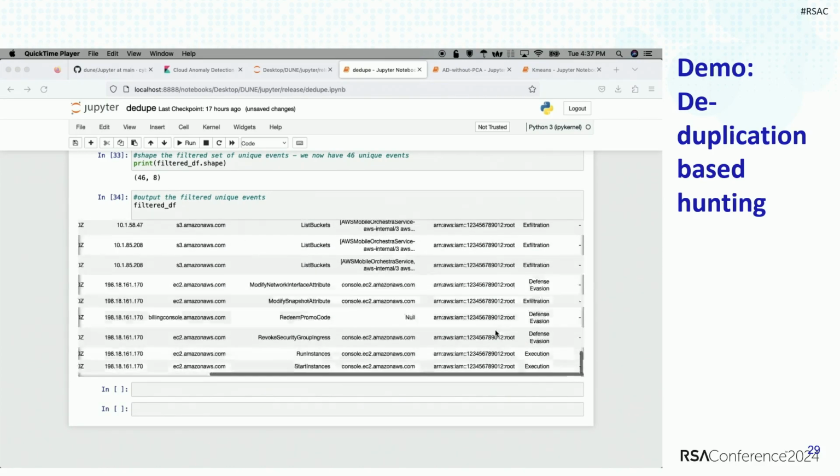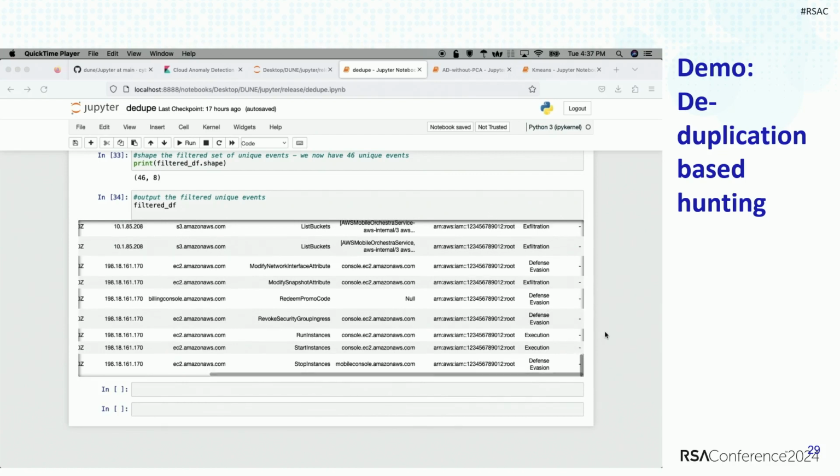And so in order to do another search space reduction, I removed events with the discovery tag. Discovery is basically scanning and enumeration, and there's a lot of those, but there are also better ways to look for anomalous discovery. If I do that, it gets us down to 100-something unique CloudTrail events, which is completely feasible as an input to a threat hunting workflow. 100 or so unique events is not too many for a threat hunter to look over.